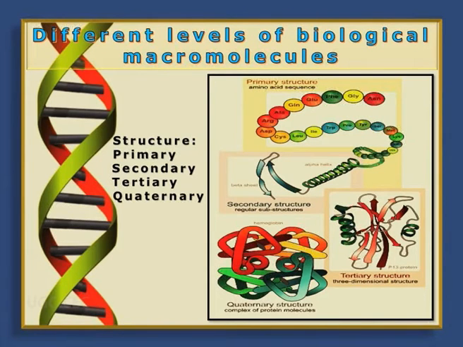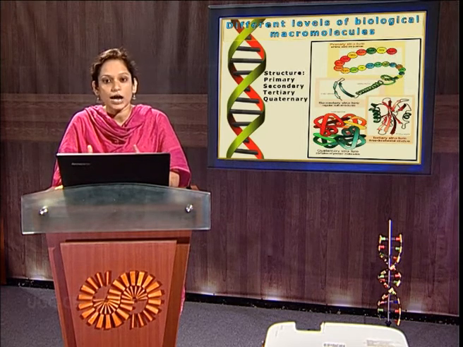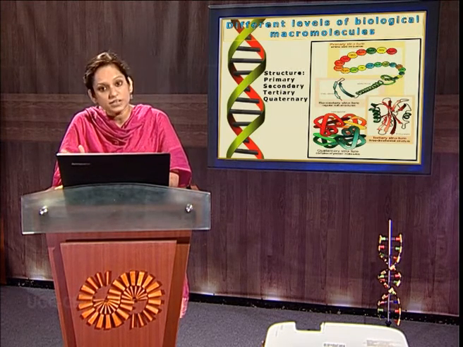Like other biological macromolecules such as protein, DNA also exhibits four levels of organization. That is, it has primary, secondary, tertiary and quaternary structure. Now all these structures are very important. Why? Because malformation or misfolding of the primary structure can lead to an erroneous secondary structure, which results in the development of diseases. Thus these structures are very important for any biological macromolecule to carry out its biological functions properly.